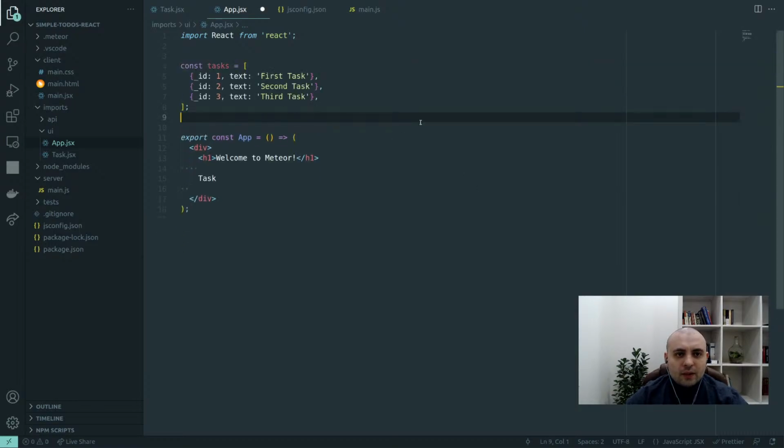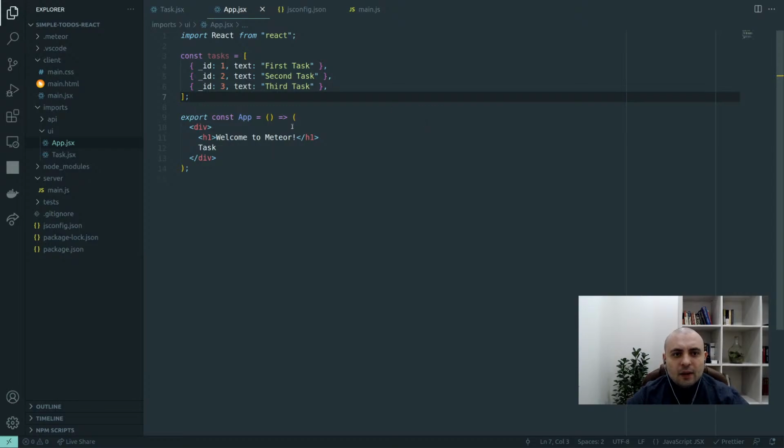Okay, so stuff like this. And they want us to welcome to Meteor. So we just added some task objects. I assume we'll get them later on from some Mongo collections. So yeah,